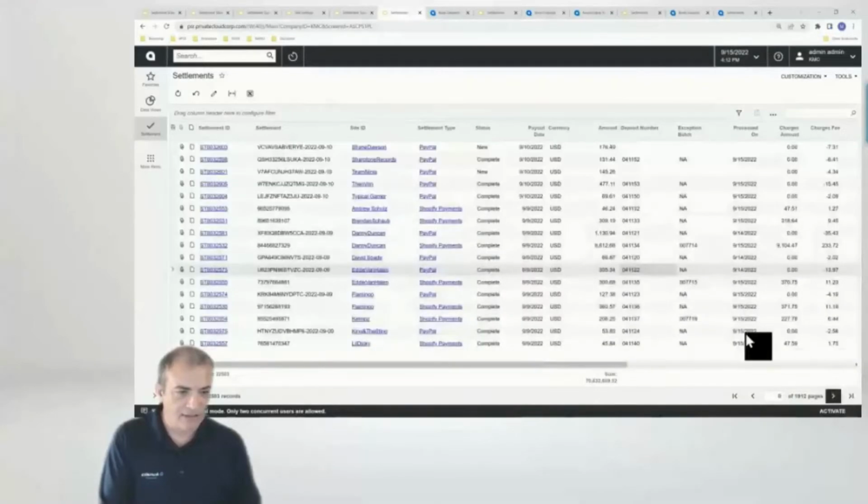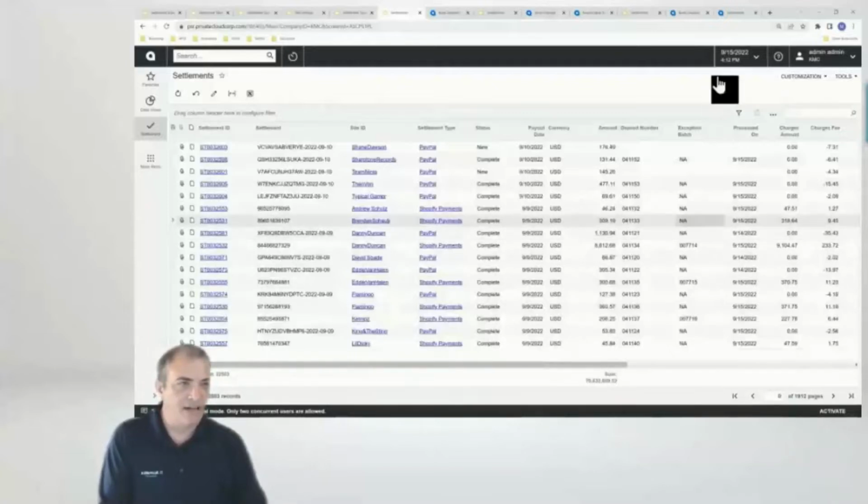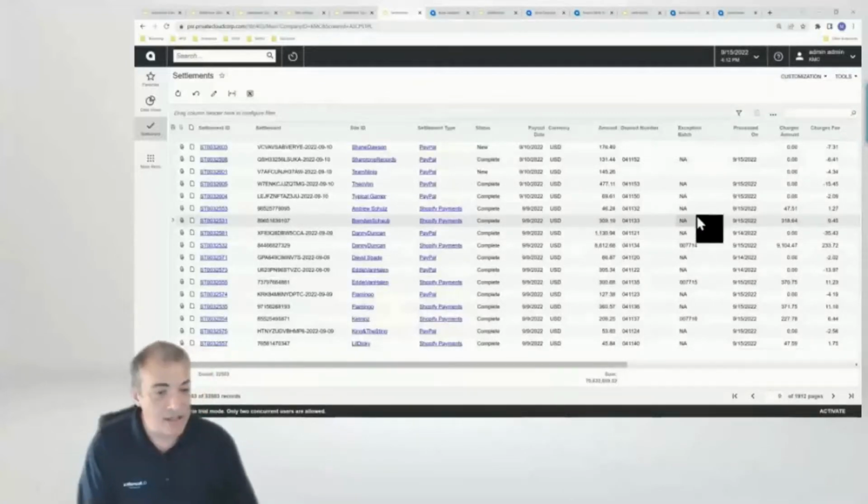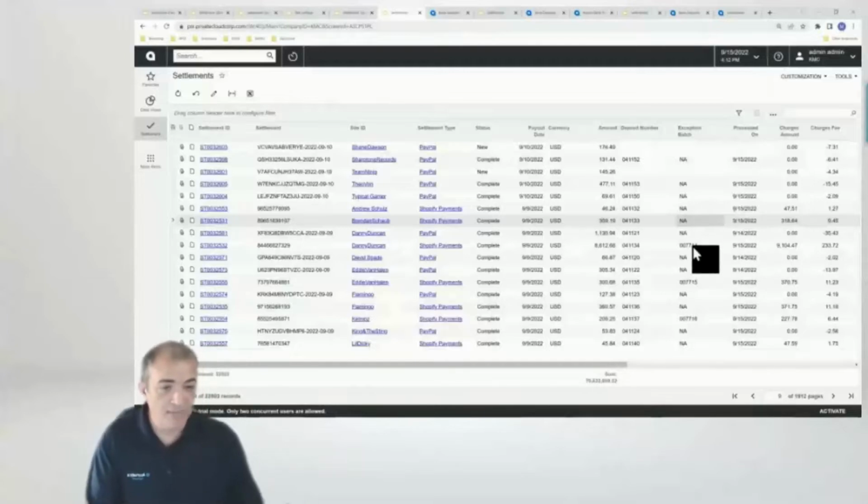So if we look at this, I'm just going to pull up, let's see if we can find one that's not a lot broken. When a deposit goes in perfectly, you see this NA. That's because it means there are no exceptions. It means it went in clean. If there was an exception, it would list the batch. And in this case, we have